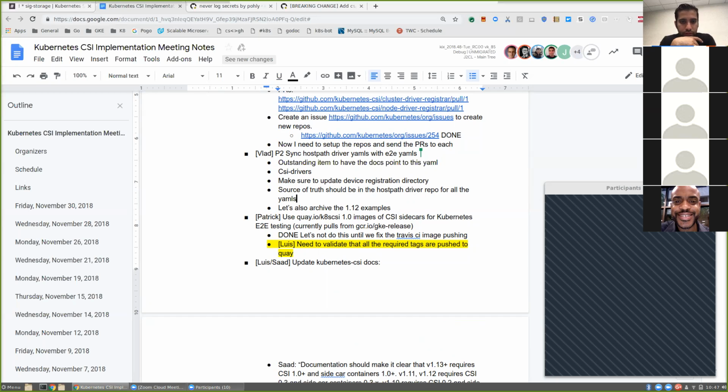Next is updating the images we use in the E2E to use the Quay images and not the GKE ones. I think we can probably do this once we cut official releases for all the sidecars. Right? Yeah. This is also a P2.